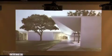And I think this image captures an interest that we have that courses through all the work about this kind of twilight condition, a kind of in-betweenness. It's between building and landscape, light and shadow, inside and outside. It's sort of one of our obsessions, and this building is tremendously challenging in terms of the demands of